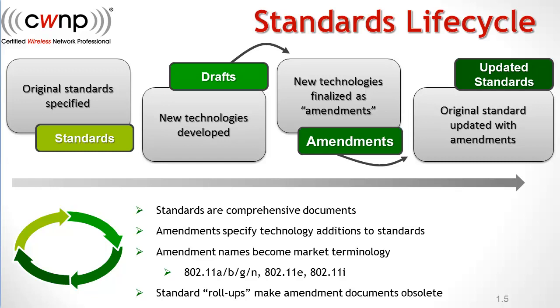When 802.11-2007 was released as a roll-up, it was just under 1,300 pages. Now we have 802.11-2012. It's, well, almost 3,000 pages. So there's a big difference between them. A lot of amendments were ratified between the 802.11-2007 roll-up and the 802.11-2012 roll-up. But guess what? All of those amendments are part of the standard.